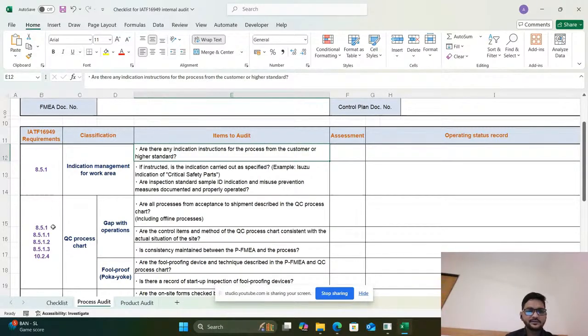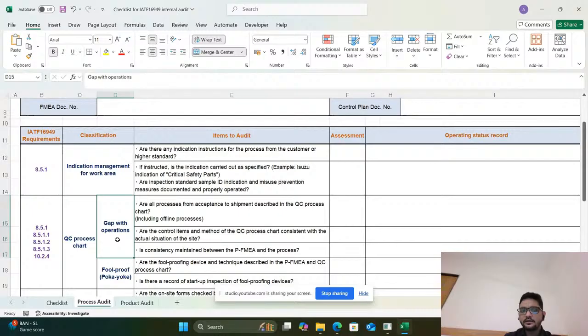Next is 8.5.1, 8.5.1.1, 7.1.2.1 and 10.2.4, that is QC process, that is control plan. Gap with operation, that we need to check our processes from acceptance to shipment described in the control plan chart.